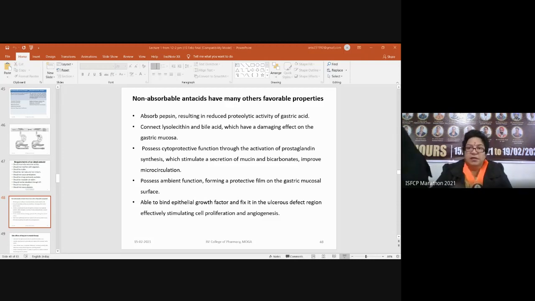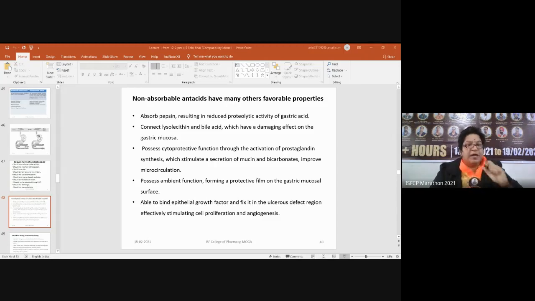The aluminum ion relaxes smooth muscles and causes constipation, because if the peristalsis is not proper, it will lead to constipation. Patients who are on a sodium restricted diet should be cautioned for excess of sodium when an antacid is recommended. So when we have no other option and must take an antacid, the sodium diet can be restricted even more.